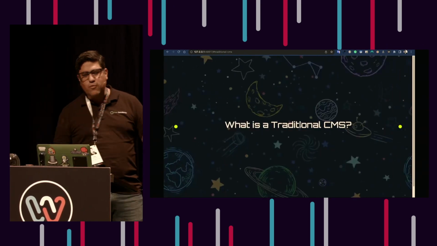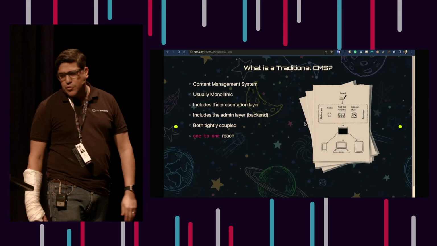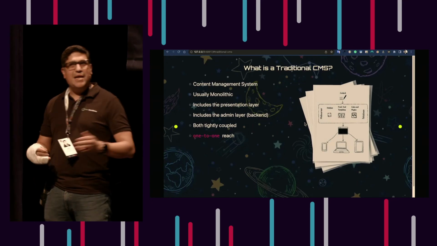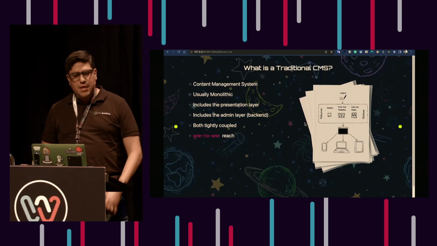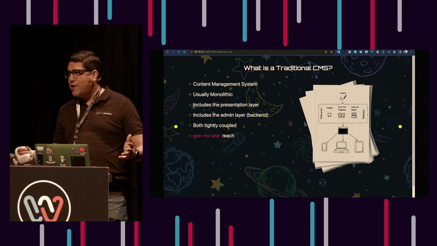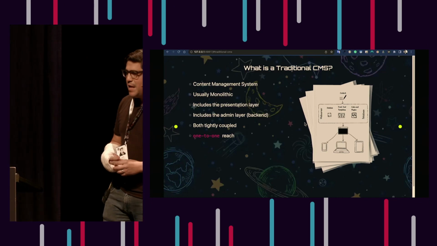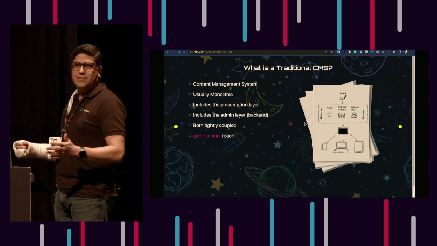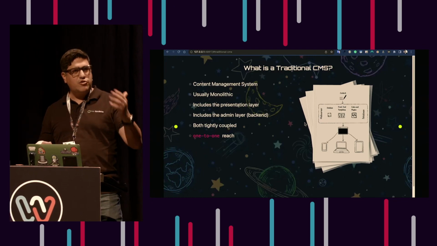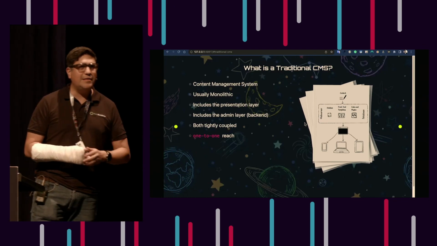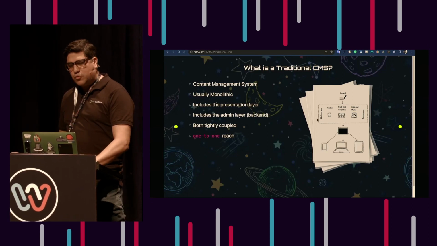So we're going to start with what is a traditional CMS. They've been around since the early 2000s, right? It's a pure content management system based on the web, usually built as a monolith, which includes the presentation layer. These can be skins, themes, or whatever the CMS calls itself, and usually an administrator. This is the back end, where the administrators and publishers go and do their workflows, their content, managing their media, and everything is extremely tightly coupled, right?